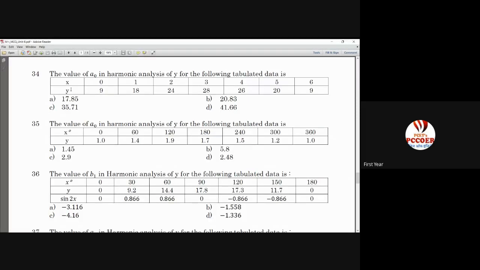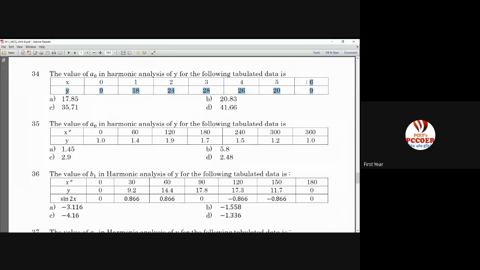Okay. And yeah, many times I've seen that your calculator, you have not used it properly, or you have used that last entry again. That will also give you wrong answer. In your INSEM exam also you have done that mistake. This last point which is there, 6, 9, it is same as 0, 9. So you don't have to take that last value. You have to take only 0, 1, 2, 3, 4, 5.